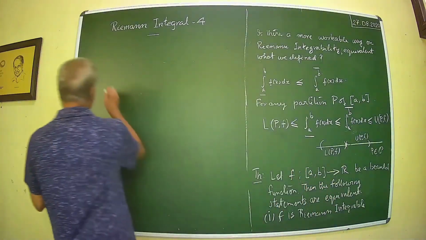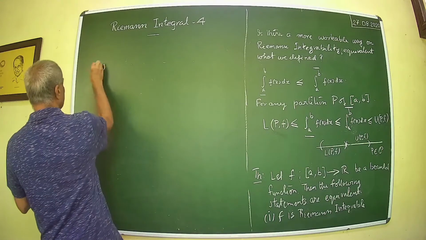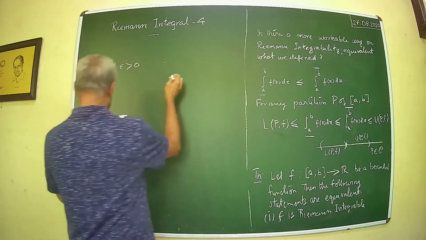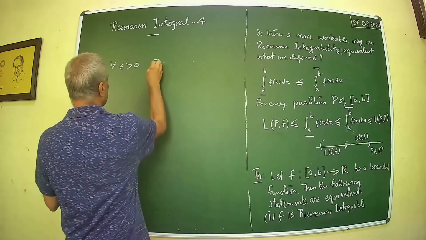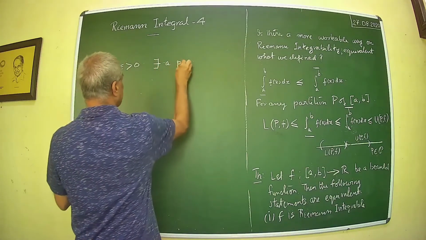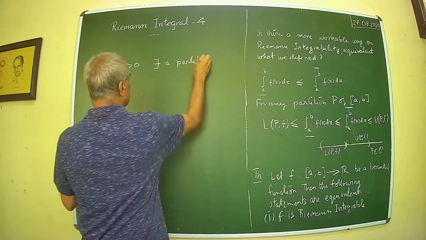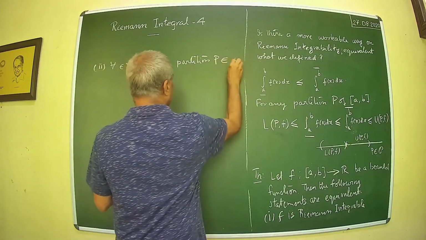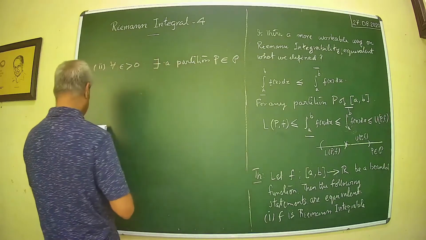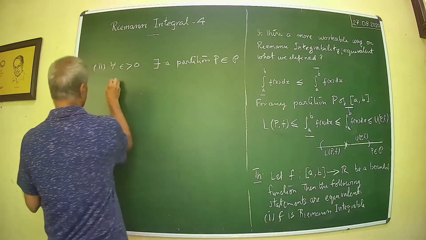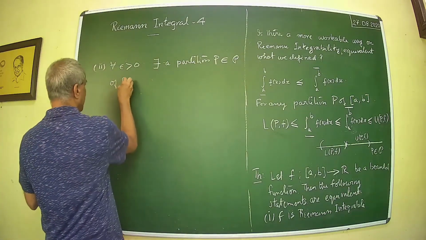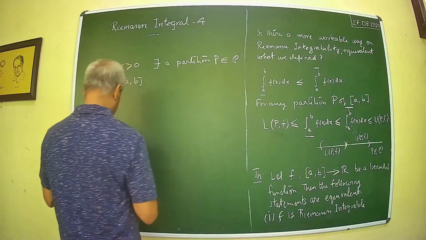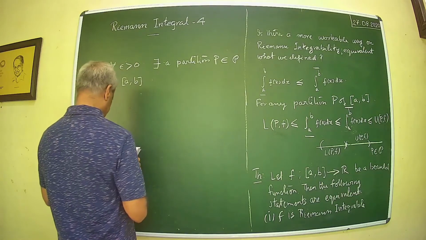So for every epsilon positive, there exists a partition P, a member of the set of all partitions of [a,b], such that